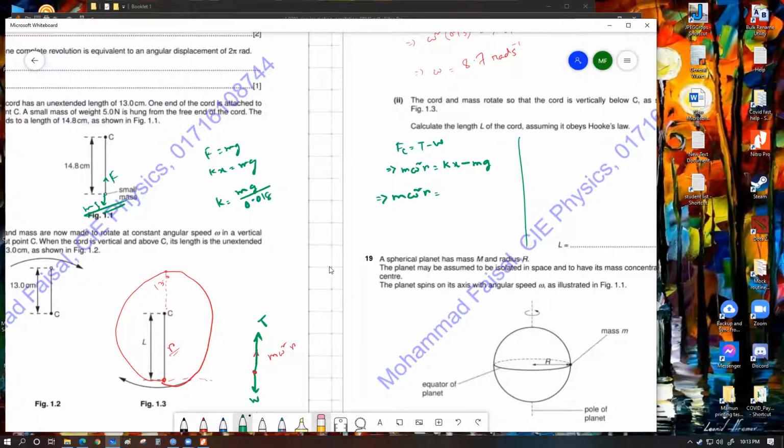0.018। 0.018 কেন? কারণ এ দেখো আমাদের এই লেন্থের জন্য এটা হচ্ছে ফুল লেন্থ, whereas the original length of the string was 13 সেন্টিমিটার। তাহলে এখানকার এক্সটেনশন কত? সাবট্রাকশন করলে 1.8 সেন্টিমিটার আসবে, আসবে কিনা বুঝতেছো? এইটা কিন্তু এই এক্স না, এই এক্স হচ্ছে স্টেশনারি পজিশনের এক্স। সো এল এর এই এল কিন্তু 14.8 না, এল হচ্ছে রোটেশন চলতেছে ওই সময়কার লেন্থটা।